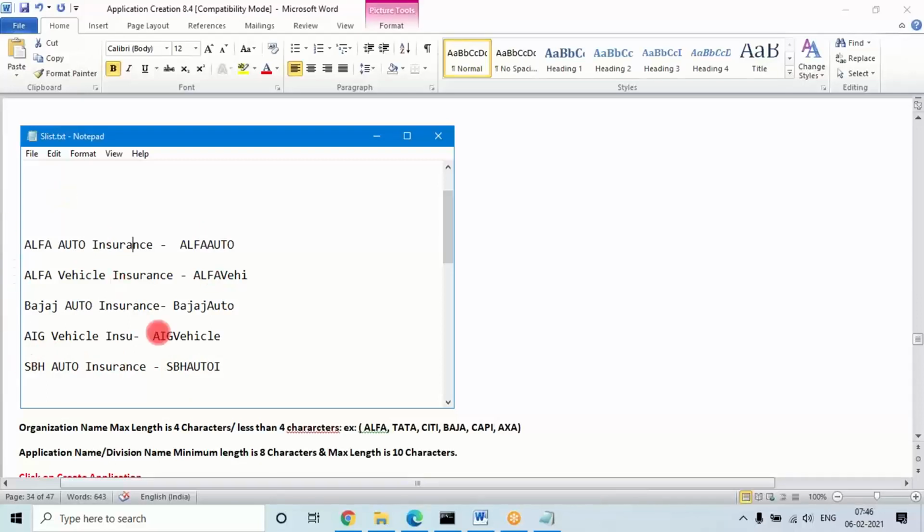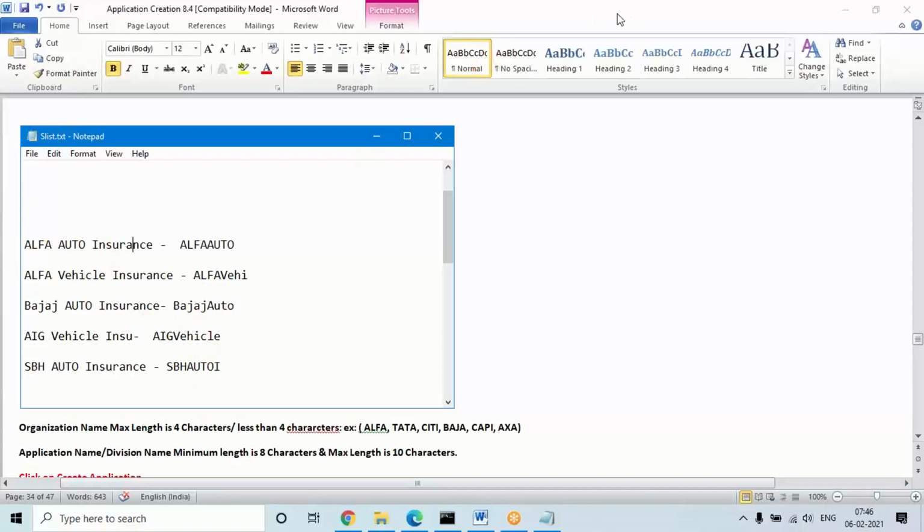So in the third letter, it is going to take the first character. So like that, when any names are given, automatically it will take these names in the backend based on the first two letters in the name. It will either take 8, 9 or 10 characters according to the first two letters in the application. Okay. So that is just informational, just to check it, not mandatory. You will not do anything manually. So just when any names are given, it will automatically generate in the backend.